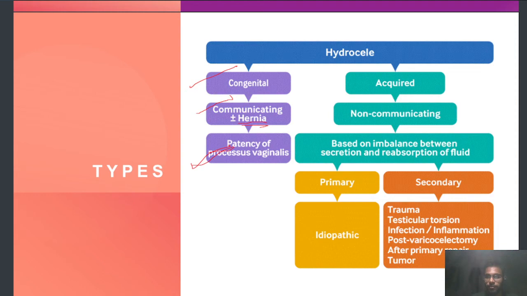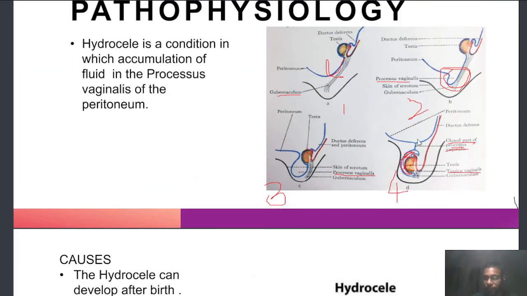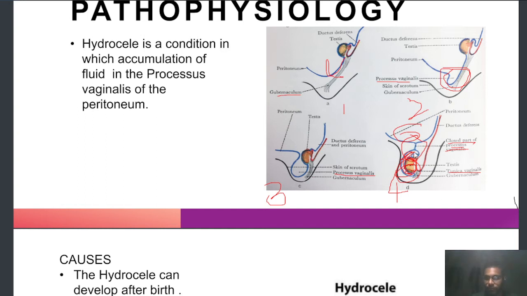If you remember the diagram that I showed above, in this one you can see the processus vaginalis is closed. You can see this part right here, the processus vaginalis becomes closed. So there is basically no connection between the area that is here and the area that is here. Wait a second, I'll just change the color. It'll make it easier for you to understand. So basically, due to this closure that you can see,